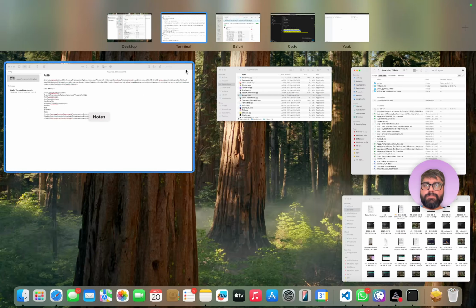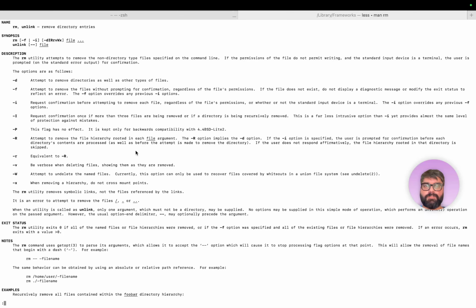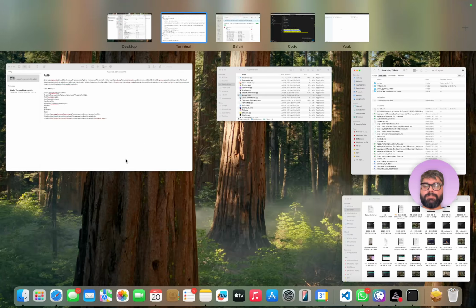This was always confusing to me. There's rm and there's rmdir, but if I want to use rmdir, if I want to remove or delete a directory,